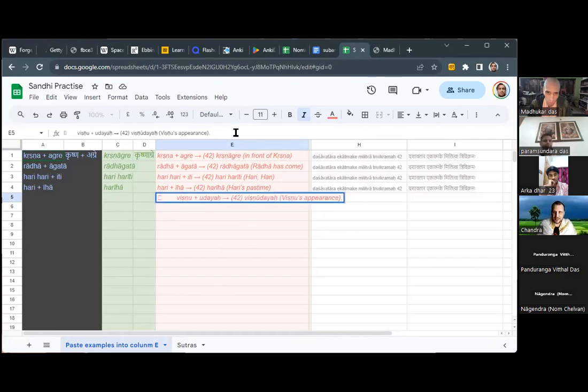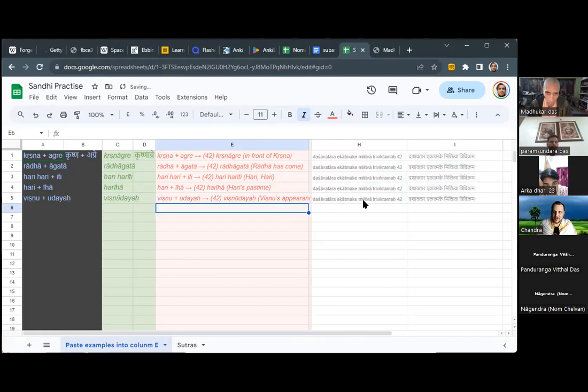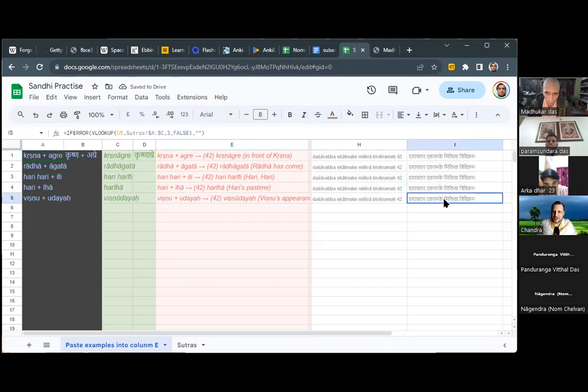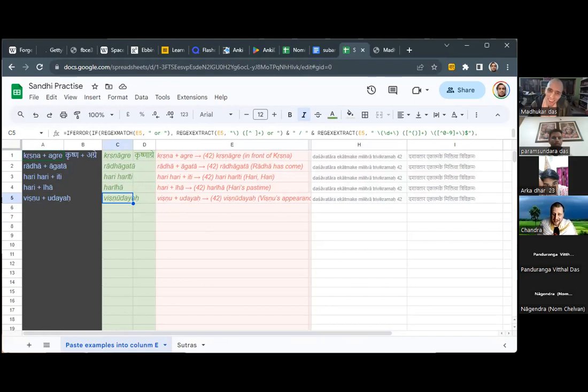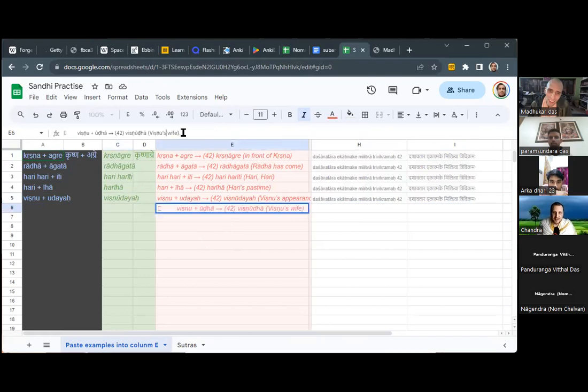It's very important that the format is accurate, right? What happens is automatically the sutra comes here. We've got the sutra here, and it breaks it up. So if someone is willing to put in a little time to cut and paste some of these examples in here.